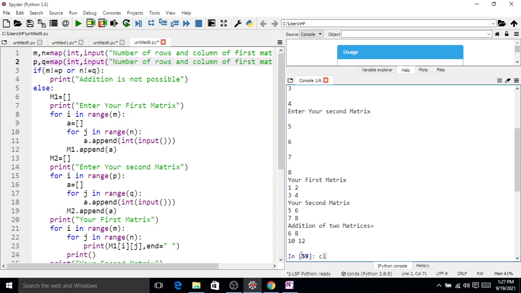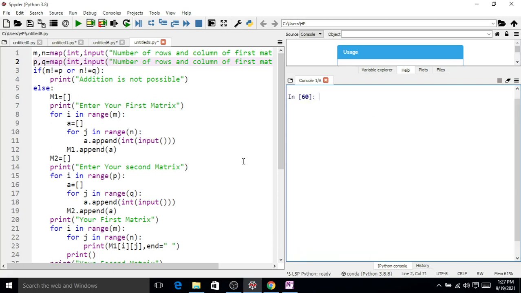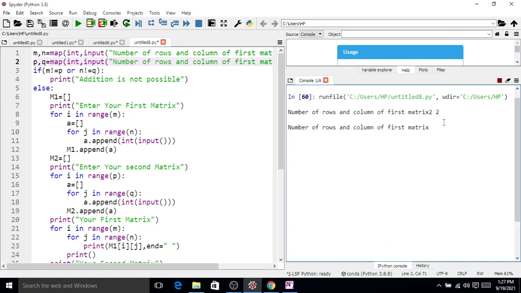Now again if we run one more time, this time we enter 2 by 2 as the dimension of the first matrix and 2 by 3 as the dimension of the second matrix. Here the rows of first matrix are equal to the rows of second matrix, but the number of columns of first matrix is 2 and the number of columns of second matrix is 3. So here you will get the message addition is not possible. Why? Because the number of columns of first matrix is not equal to the number of columns of second matrix. Now again if we run this code one more time,